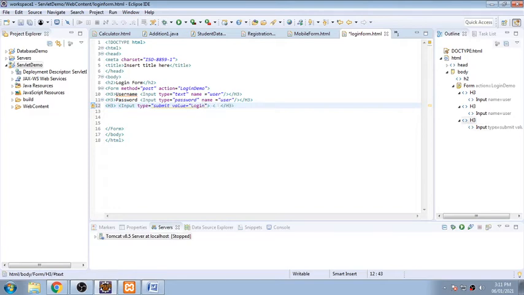In the same way there will be one more button for reset. So input type equal to reset, and I'm closing this one. Before that I need to close all my tags. These are singleton tags, and I think this is clear.